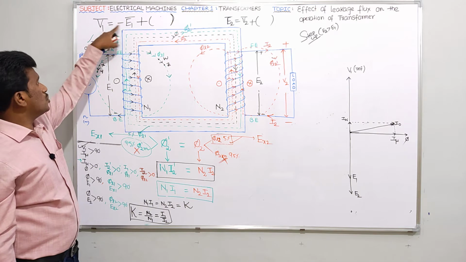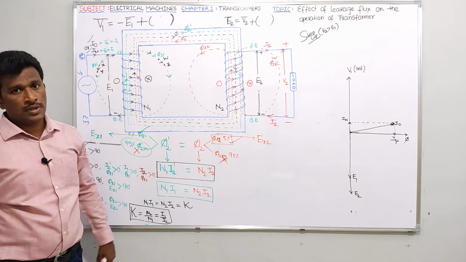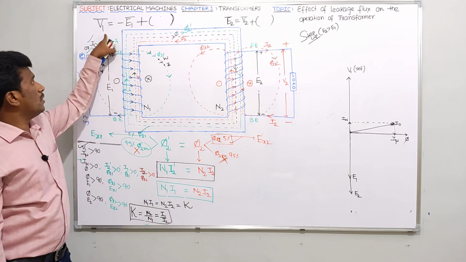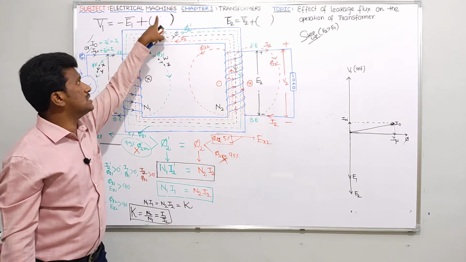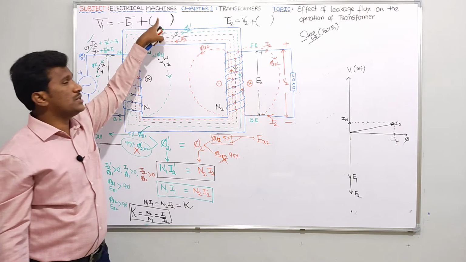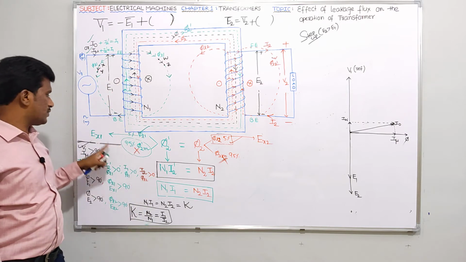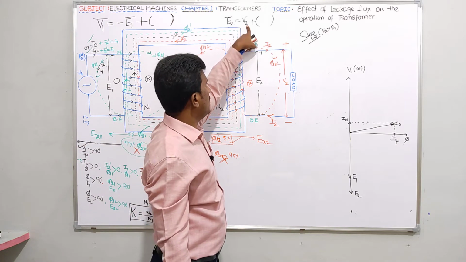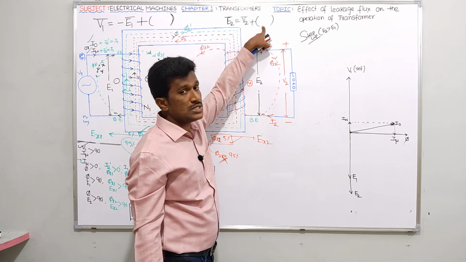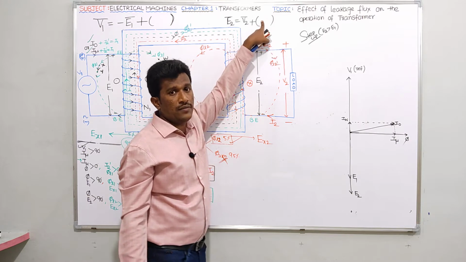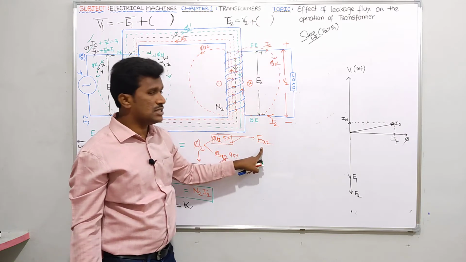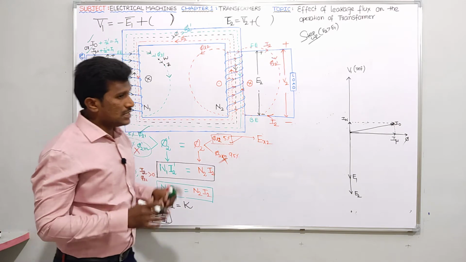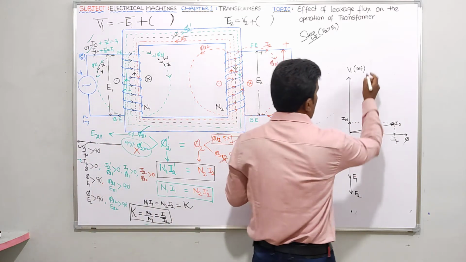So don't write V1 equals to minus E1 in this topic. Don't write E2 equals to V2 in this topic. Because V1 bar equals to minus E1 bar plus something is there. What is this something? This something is nothing but which is used to compensate this Ex1, this useless EMF. And in the secondary side also, don't write E2 bar equals to V2 bar. E2 bar equals to V2 bar plus something is there. What is this plus something? This something is nothing but which is used to compensate this useless EMF Ex2 in the secondary side. Is it clear? So that's the reason why I won't take it here.